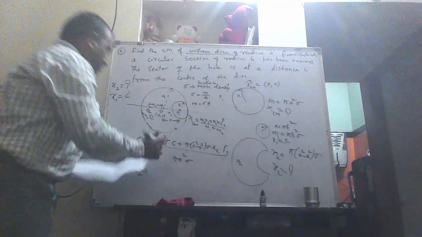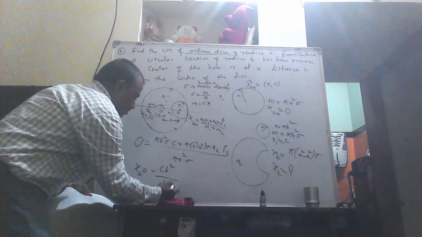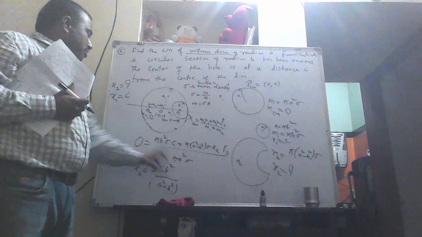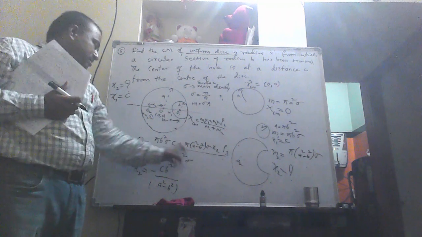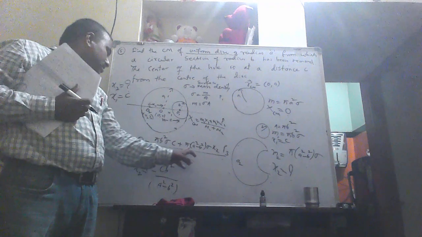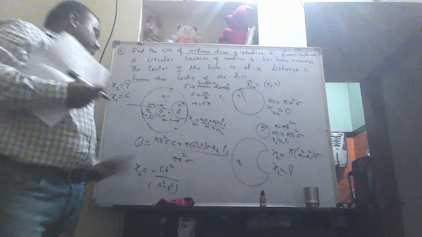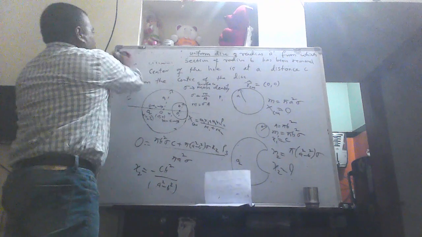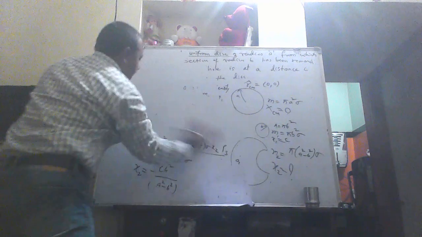I get x2 as minus C b square divided by a square minus b square. Simple solution. Why am I not writing it all? Because space is not enough. So this becomes 0, remaining only this thing. You take this side. Pi cancels. Sigma cancels. What is remaining? B square C. This is minus C b square divided by a square minus b square. So this is the very important one. What you have to look at is how taking the line of symmetry. Taking the line of symmetry is very important.